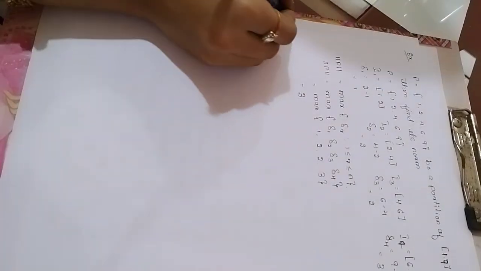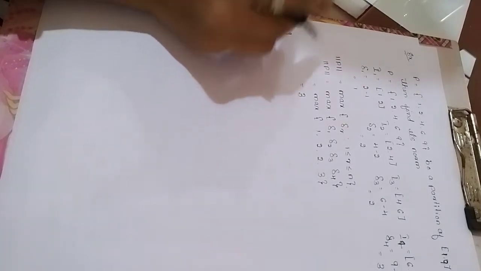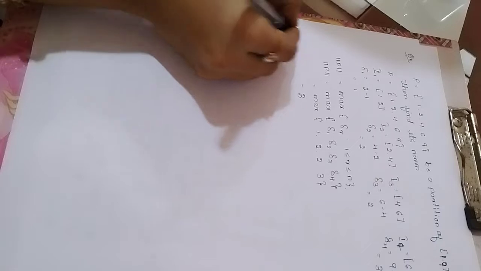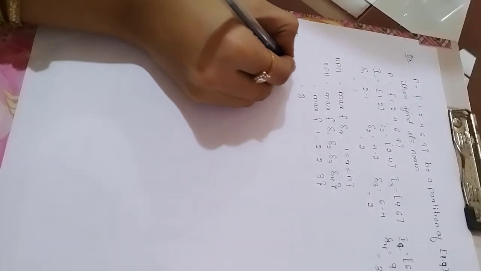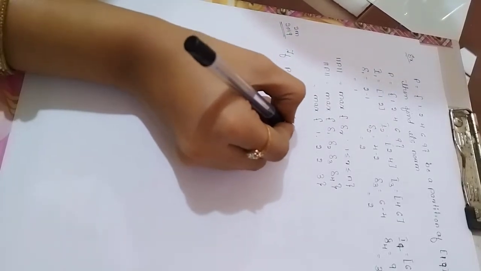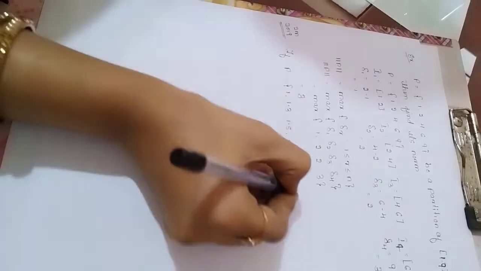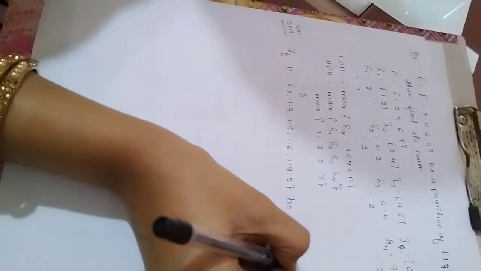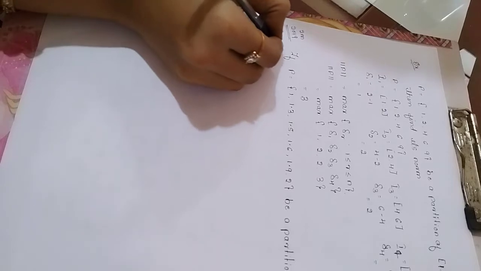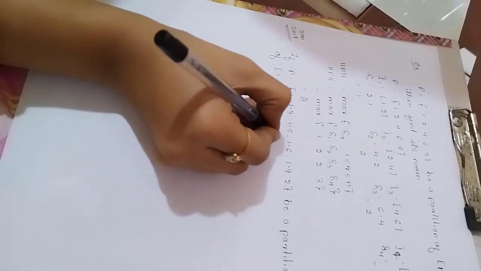This one is an example. Again in 2019 they asked a 2 marks question: define norm of partition and also find, if P is equal to {1, 1.3, 1.5, 1.6, 1.9, 2} be a partition of closed interval [1, 2], then find its norm.